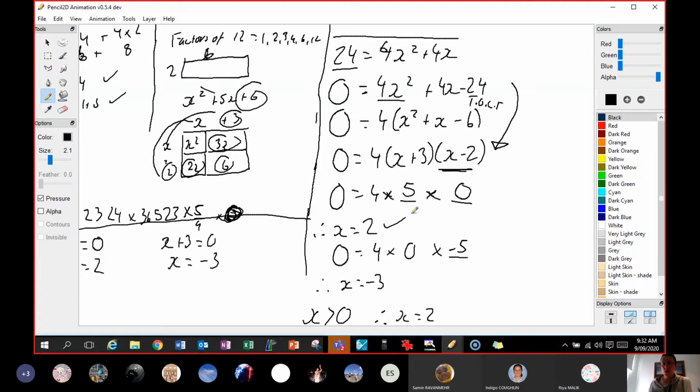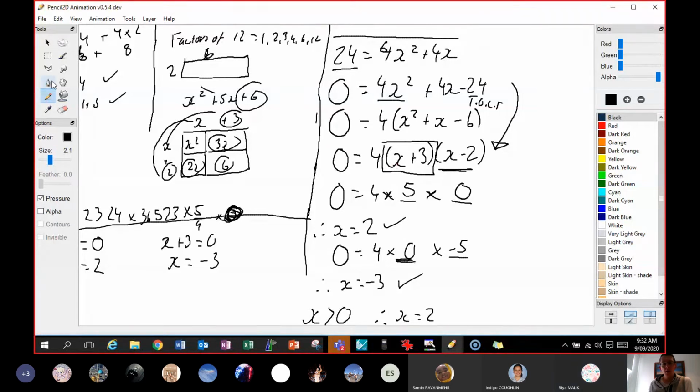Yes? I could also substitute in x equals -3. Do you see that if I substitute in x equals -3, that factor is going to make it 0? 4 times 0 times anything is going to give me 0. Would you agree? Yeah, I agree with that. I was just confused why we have to get 0 first. So why we're getting 0 is because